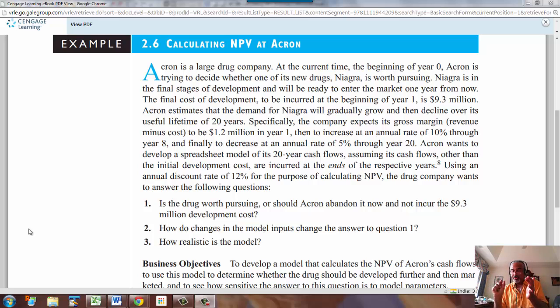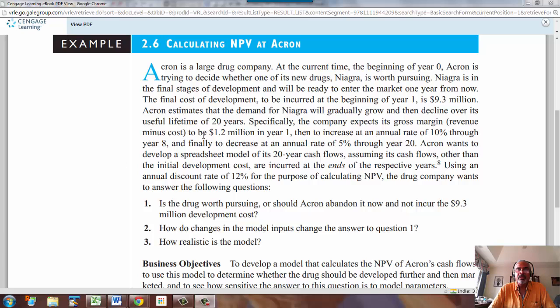So the time period is one unknown that we may want to do what if analysis for, and then the growth rate and the decline rate. Okay, how fast it will grow and how fast the demand will decline. So that's another variable which is unknown, and we may want to do some analysis with that.